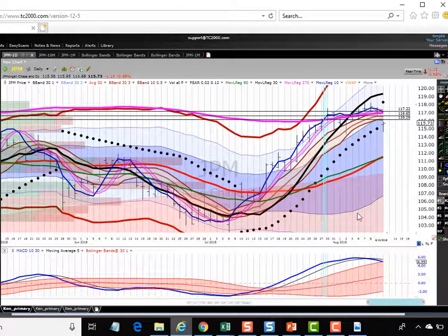JP Morgan gives us the same kind of reading. This is a 2.5 sigma width of the river, and that one also came about from a compressed range here. And then I want you to notice the